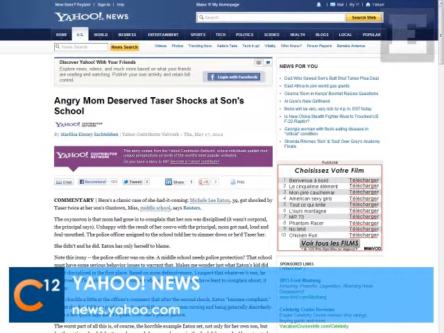Mom comes in, complaining about how her child was disciplined, gets angry, not satisfied with the outcome. The school security officer says that if she doesn't settle down, he's going to taser her, and in fact she didn't settle down, so he did taser her. She was warned, and I think that the point here is not so much that a mom got tasered at a school, which is either sad or funny depending on your mood for the day, but it's more the fact